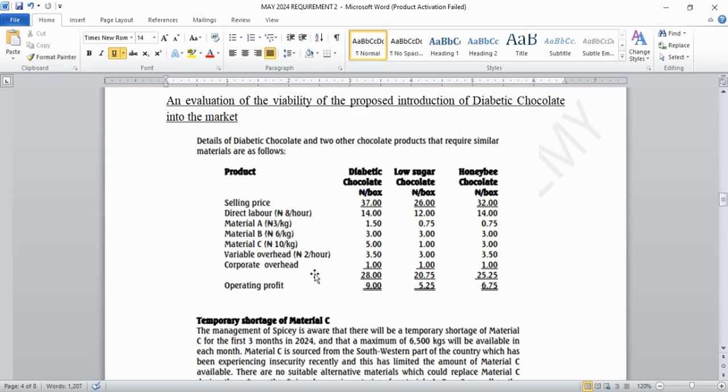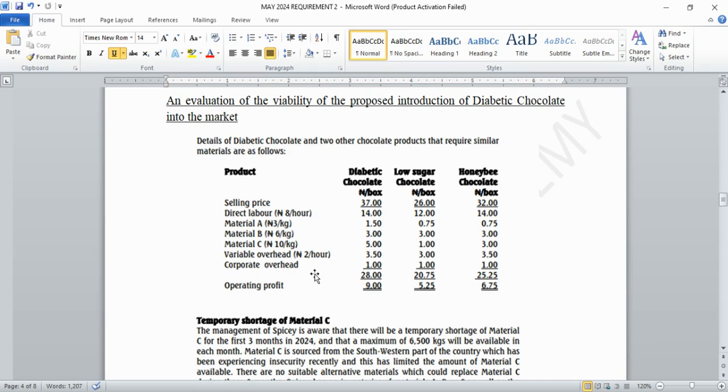variable overhead, corporate overhead. Now, as a chartered accountant, or as an incoming chartered accountant, when you see variable overhead, you see corporate overhead. What does that tell you? Okay, before I answer, before you listen to the answer, drop something in the comment section. Let me see. Try. I know that I'll still explain, but let me just give you like 2 seconds. Quickly pause this video and type what you think this variable overhead and corporate overhead is trying to tell you.